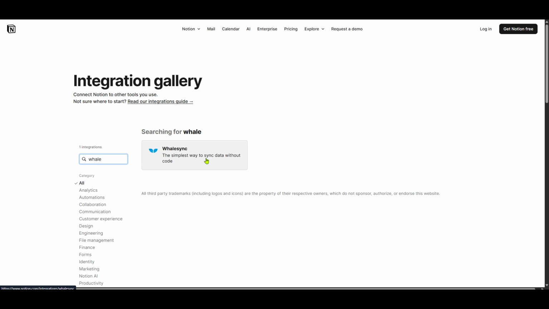This integration not only ensures that your data is consistently updated across platforms, but also enhances your ability to analyze and manipulate your data using Google Sheets' powerful tools. By following these straightforward steps, you can streamline your workflow, saving valuable time and effort. This setup is particularly handy for teams that rely on both platforms to manage extensive data or need to collaborate efficiently. Now that you know how to sync Notion with Google Sheets,